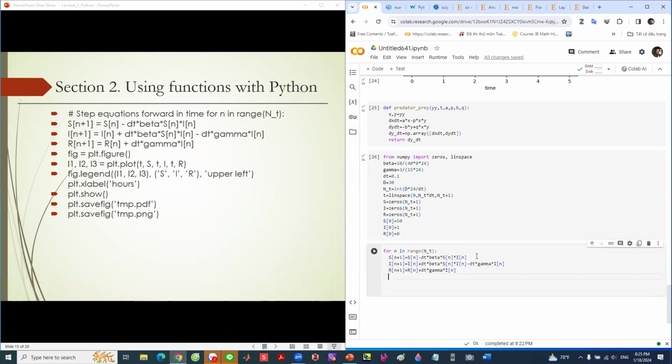And for dt, okay, now we can put it to plot here. We can draw it. And what is this? We can plot